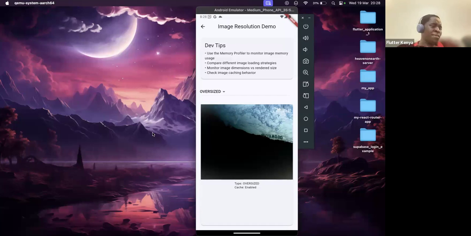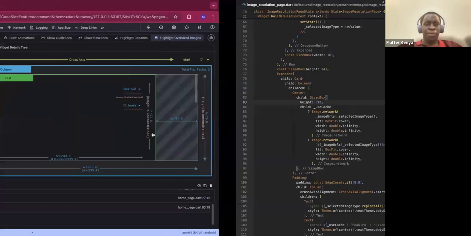So let's say if you have full control of the server, you can have a smaller image set for the mobile endpoints and a larger image for more desktop focused areas. If you don't have full control, Flutter gives you an option that helps, which is for the image network property,